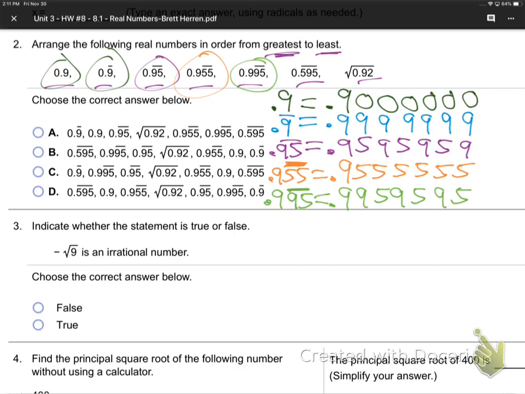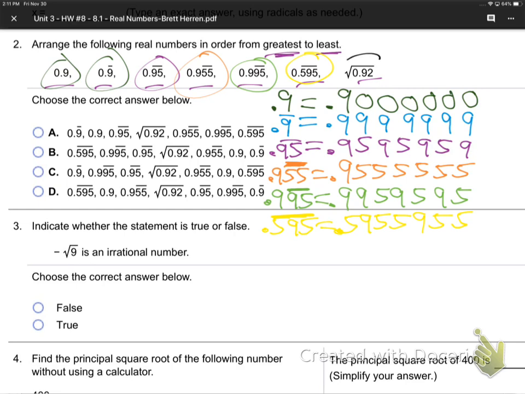Okay. Let's see, I'm running out of colors here. So this one, 0.595 bar. The bar over the whole thing is 0.595, and on it goes, right? Last one